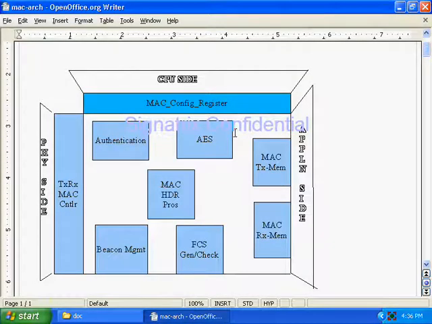MAC architecture. We know that in every core, generally we will have three interfaces. First one is the application side interface, second is the PHY side interface, and third is the CPU interface. This application interface means this side can directly be used for any outside application. Here, as we have discussed earlier, which layer is going to sit on me? This is the MAC layer.